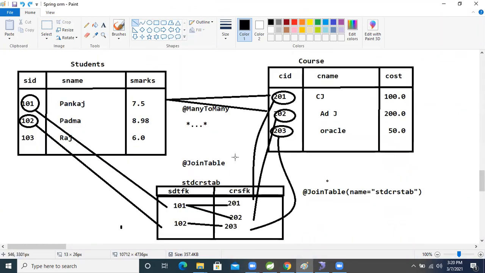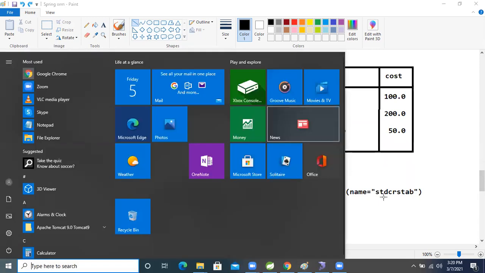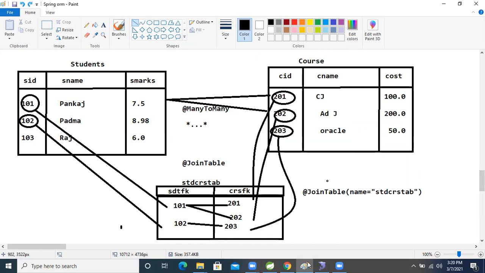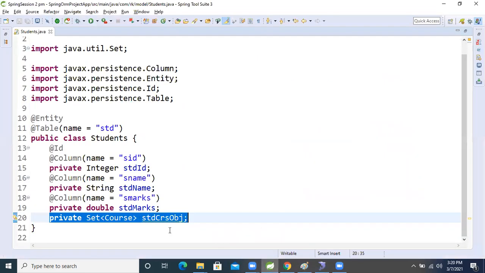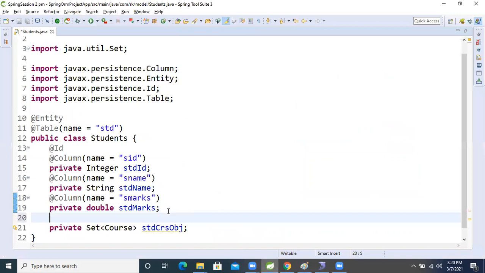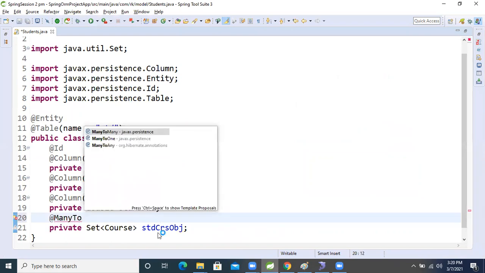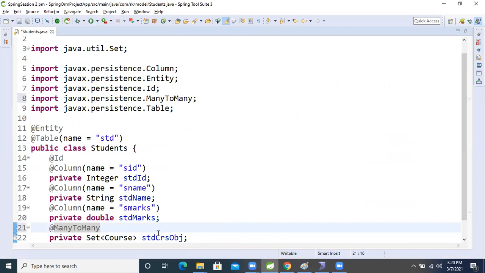To perform the many to many relation, we need the many to many annotation. On top of the set of course attribute, we will apply @ManyToMany annotation.